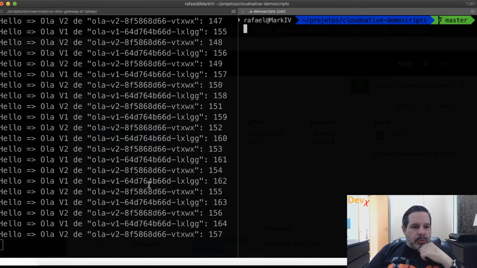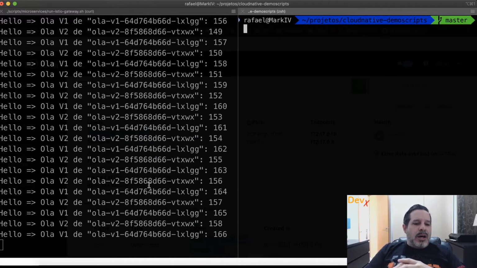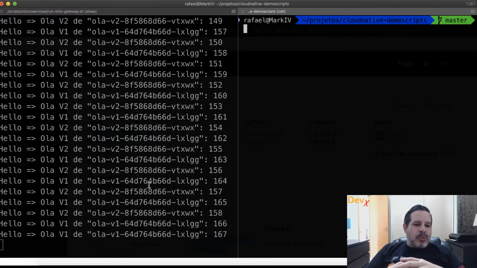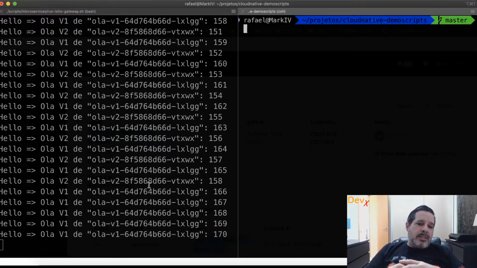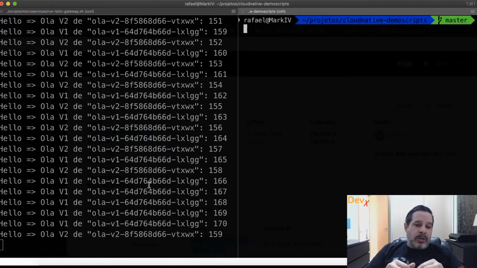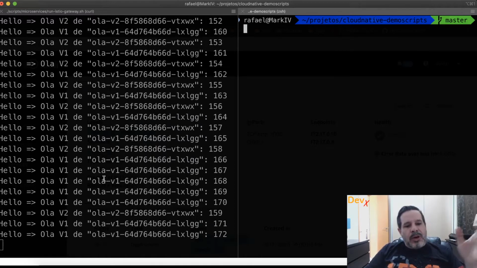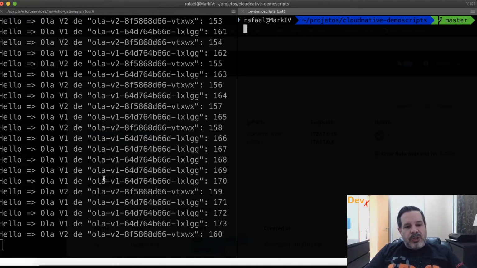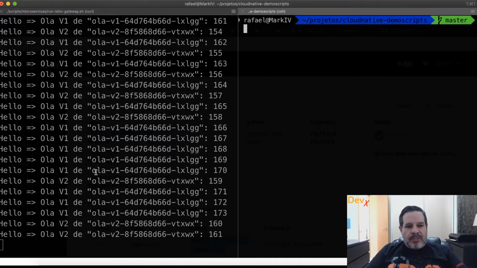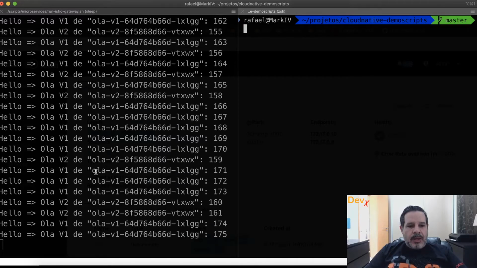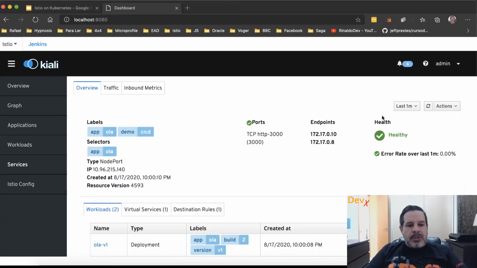we will see here that V1 will receive much more traffic than V2. Once in a while, we can see V2 here. Okay, so V1, now we have V2, and then we will have a bunch of V1s again before we get V2, to have the traffic go into V2. Of course, we can change the mixture.